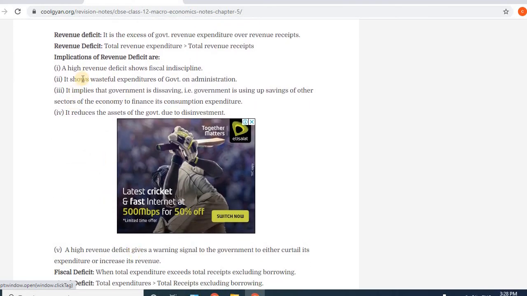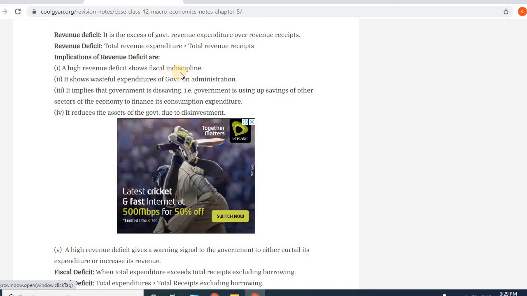Revenue deficit: it is the excess of government revenue expenditure over revenue receipts. Revenue deficit: total revenue expenditure greater than total revenue receipts. Implications of revenue deficit are: a high revenue deficit shows